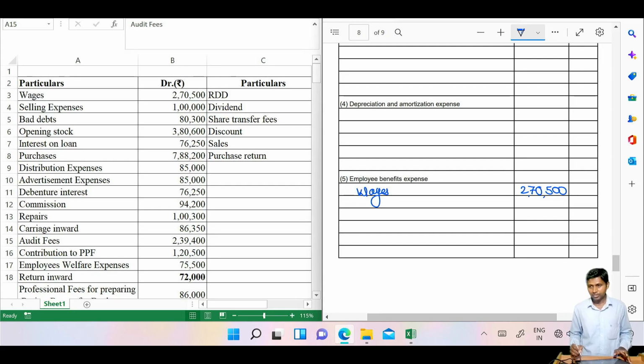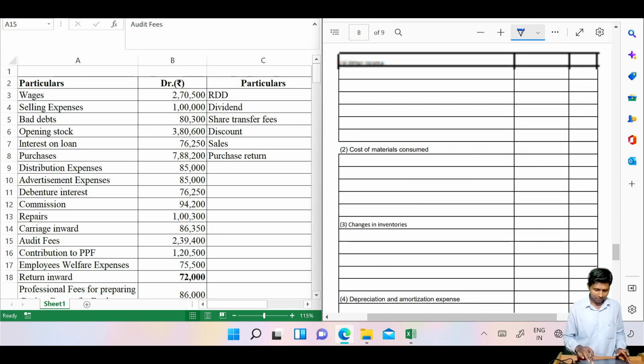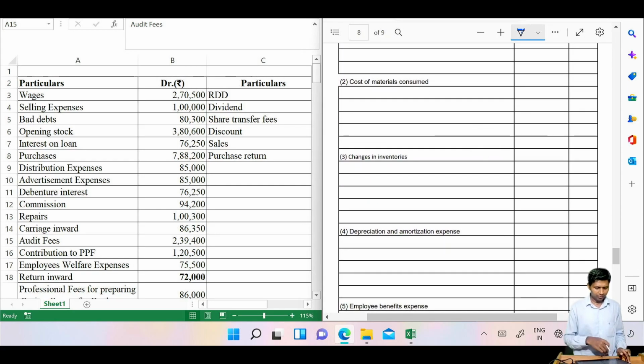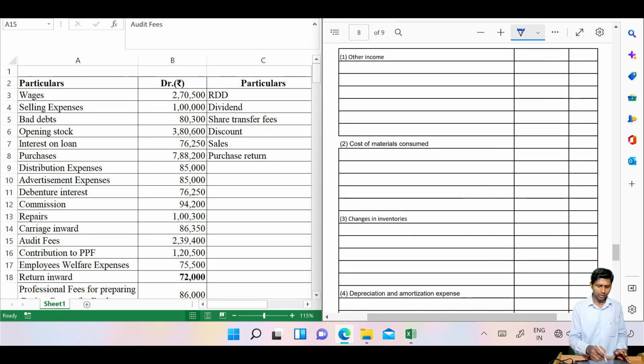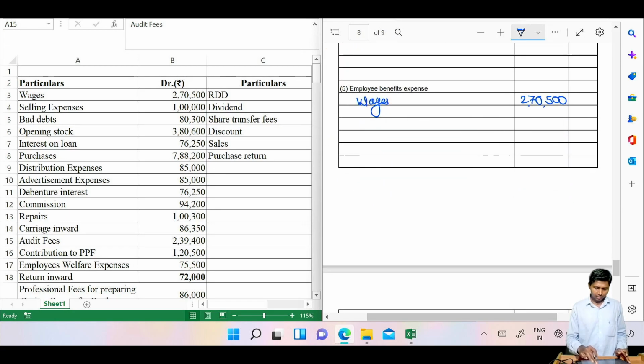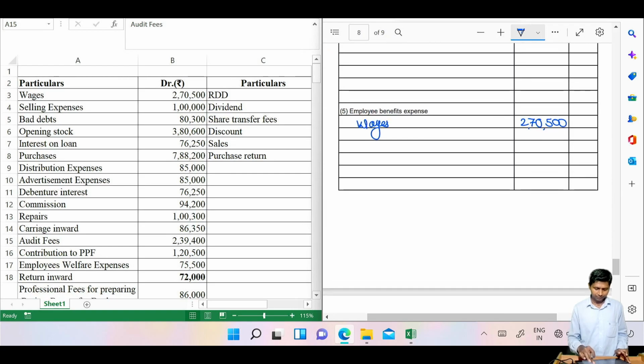After that we have selling expenses. Now selling expenses start from then second. Now we are solving the debit side of the trial balance, therefore don't look at the first note only. इधर तो जाना ही नहीं, आपको जाना है 2 से लेकर कितने तक, 7 तक